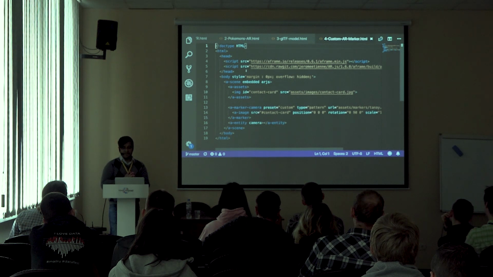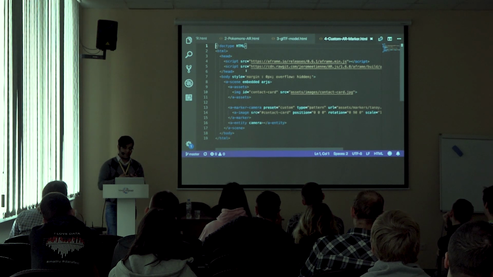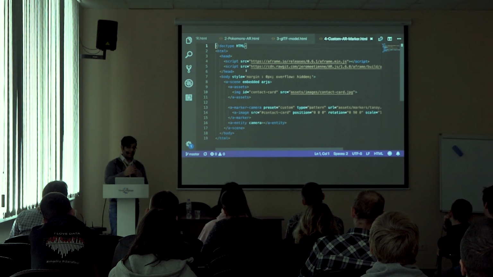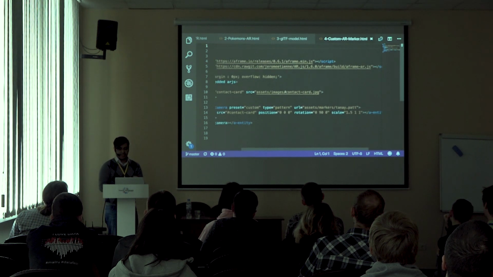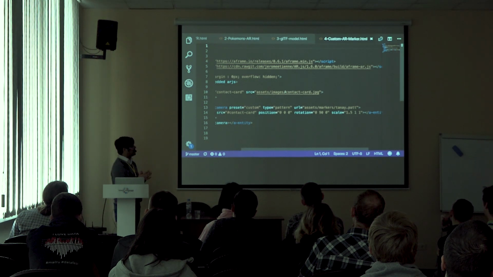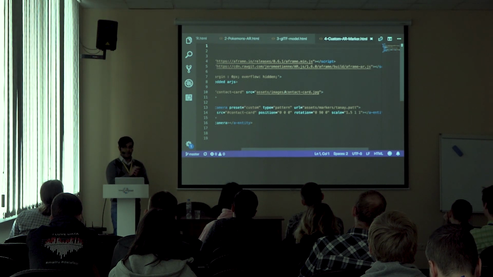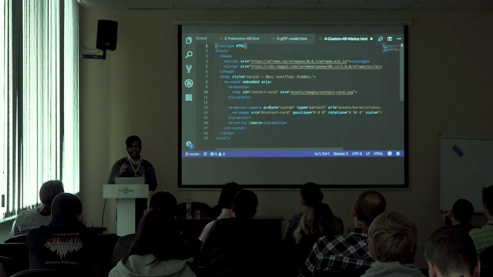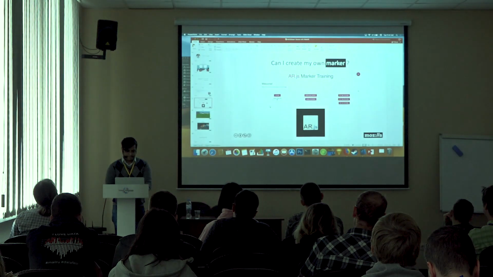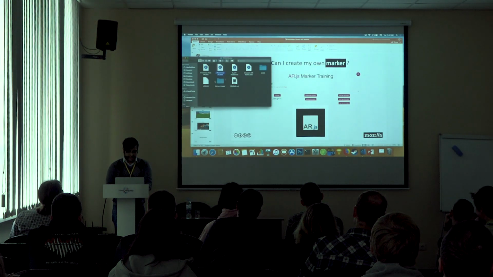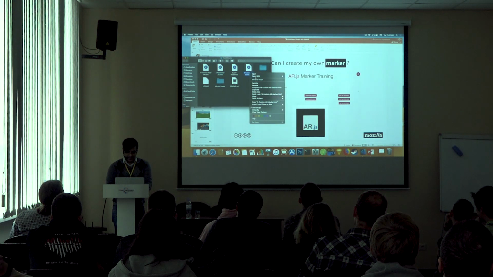Then we are using the type pattern because I uploaded an image, and that's a pattern type. And I'm pointing it to where the pattern file lives, which is a .patt file. This is generated when you upload your image to the tool. And I ask it to display just a JPEG file when that particular pattern is detected. So let's take a look at what that gives us.